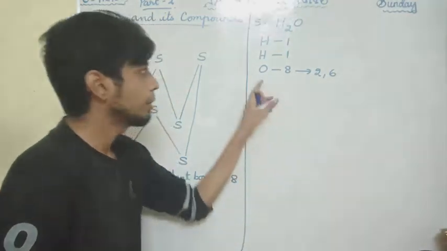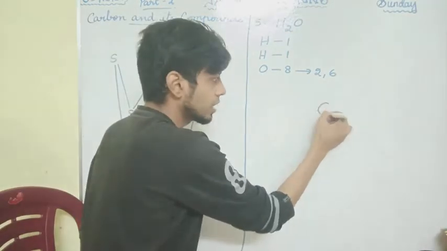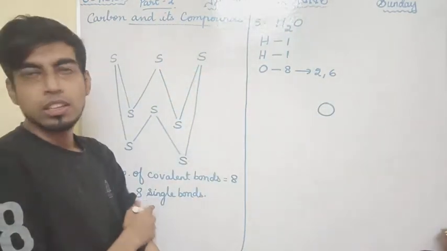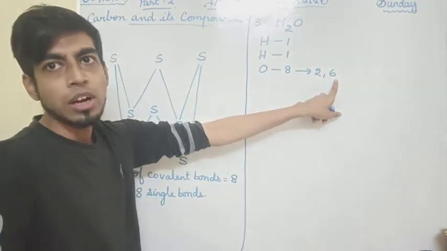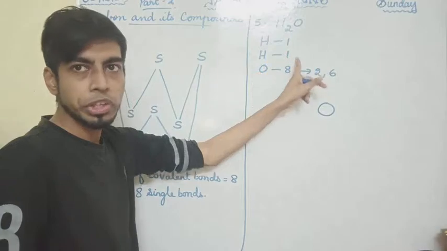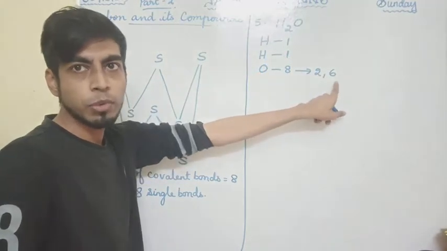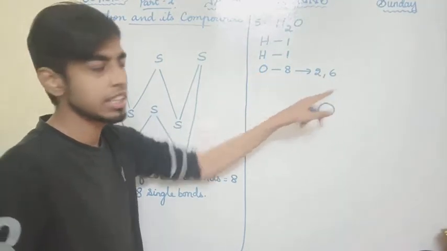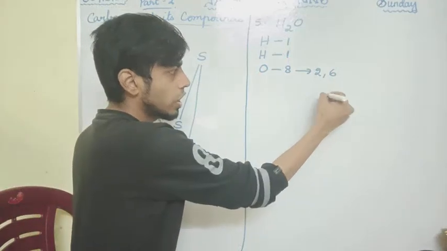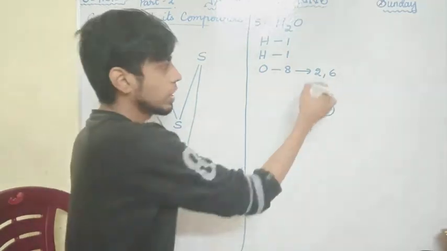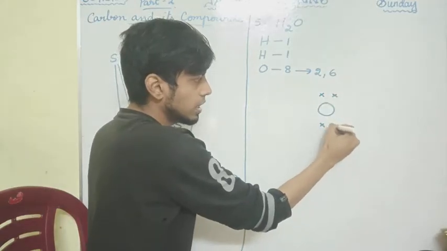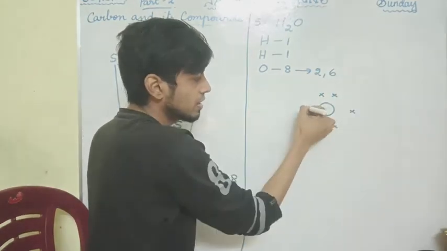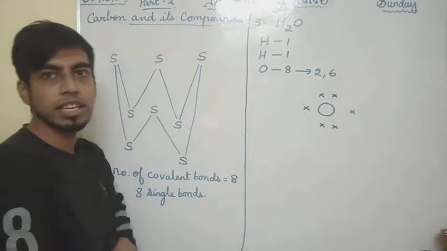So first I am writing oxygen here. Okay, so for oxygen, how many dots I should keep? 6 dots. Okay, so for hydrogen also I am going to keep dots, and for oxygen also I am going to keep dots. So to differentiate that, for oxygen instead of dot I am going to put cross. Okay, so 6 crosses I am going to put. So 1, 2, 3, 4, fifth one this side and sixth one this side.